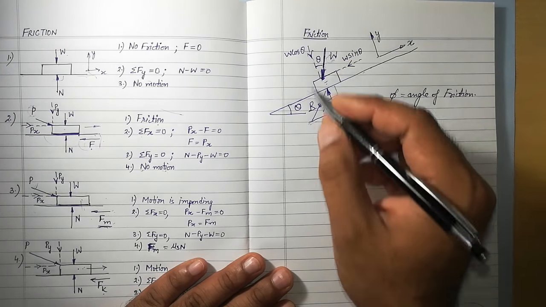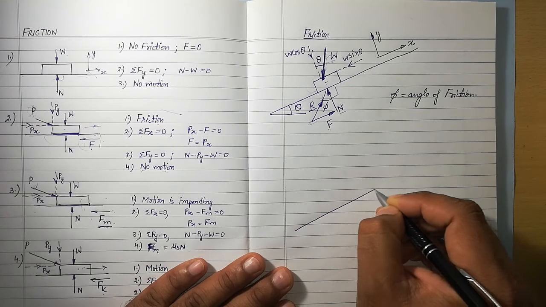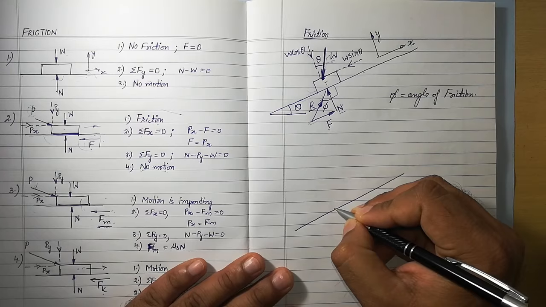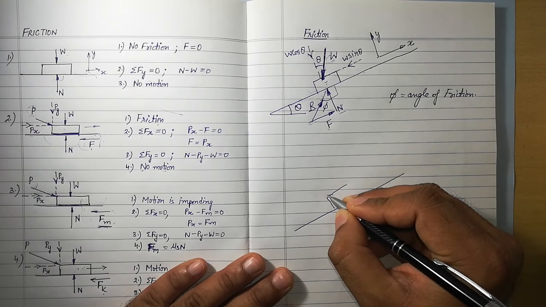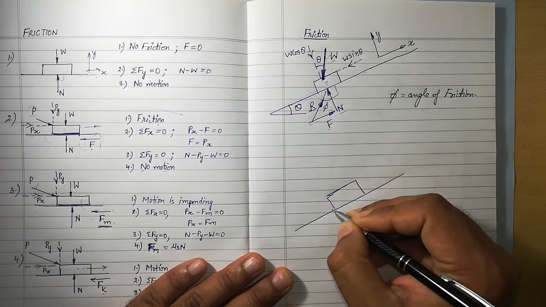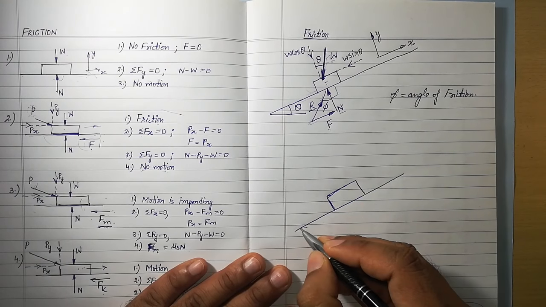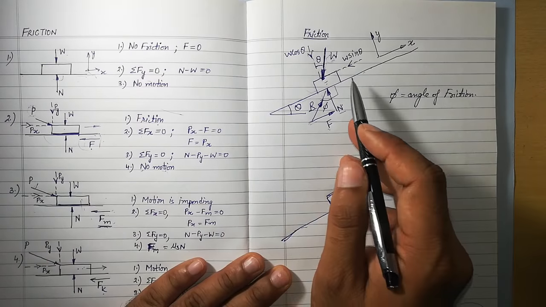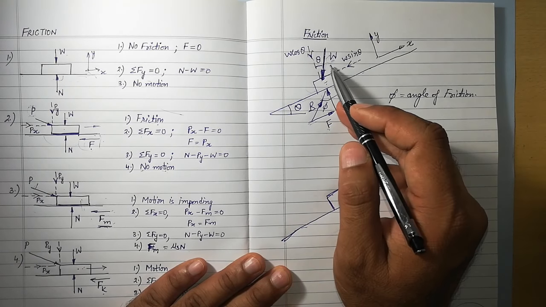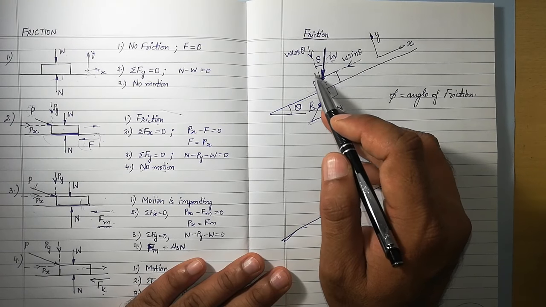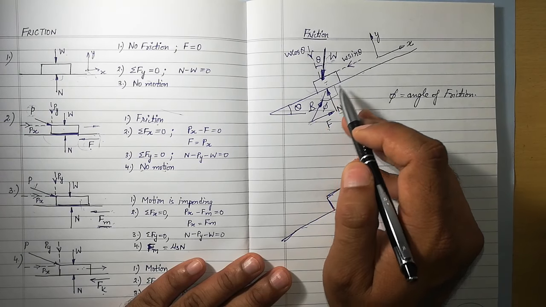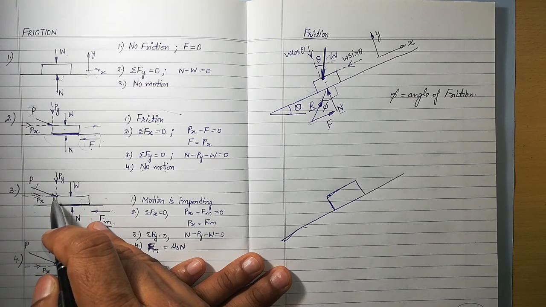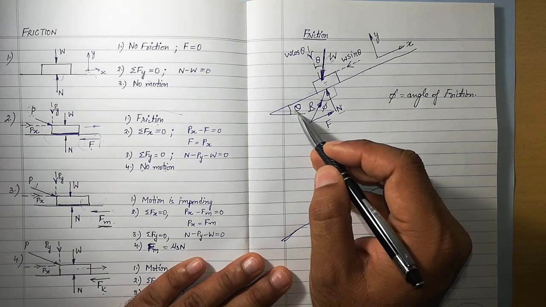Now the same thing we will consider here as well. So let me represent this whole free body again. This is an inclined surface, and this is the body resting on the inclined surface. And one thing to understand, over here we were applying the external force, but over here no external force is applied. Only the weight of the body is responsible for the motion of the block. So over here we said increase the magnitude of P, but over here we will say increase the angle of